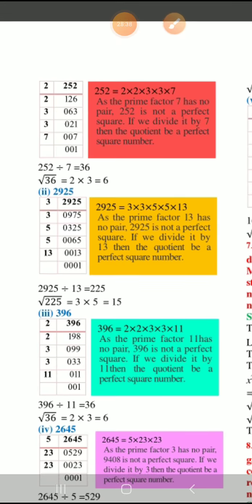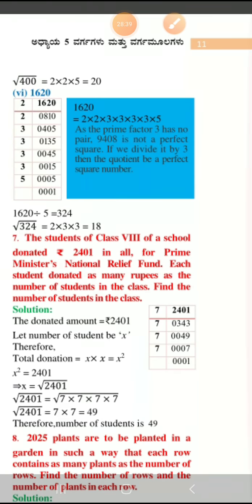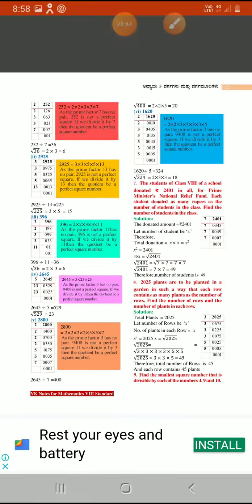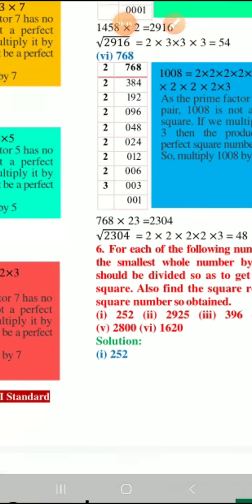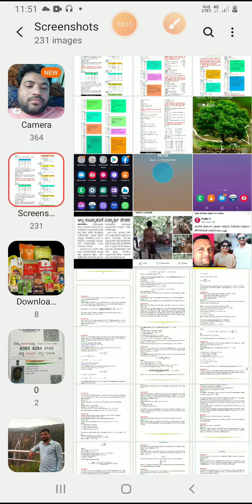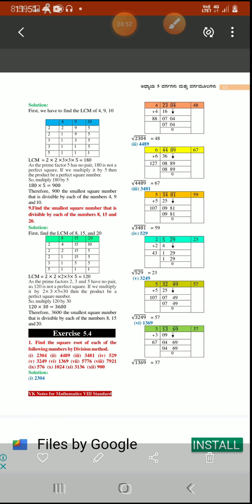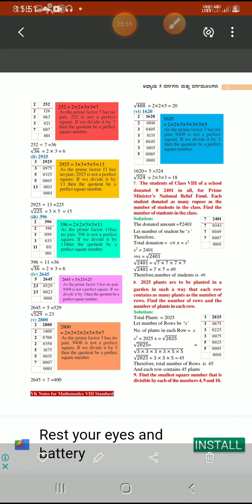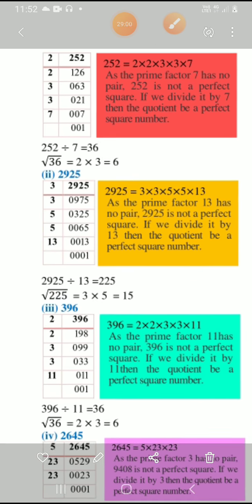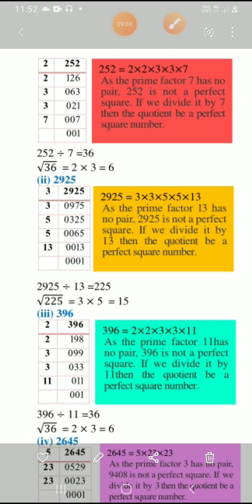So here the question tells us to divide. Okay, you can see the question, that is the previous question; here it is given that we must divide. So we must divide it, right? Look here, children, we must divide it. So we can divide it by 7, right? We can divide it by 7.